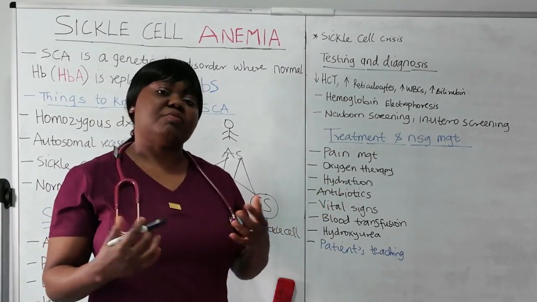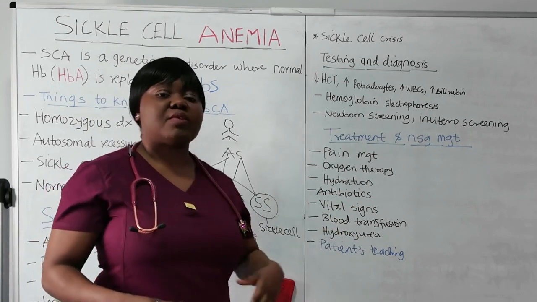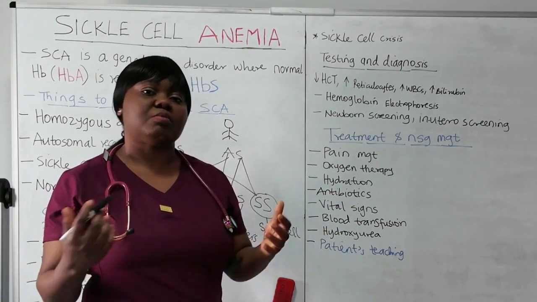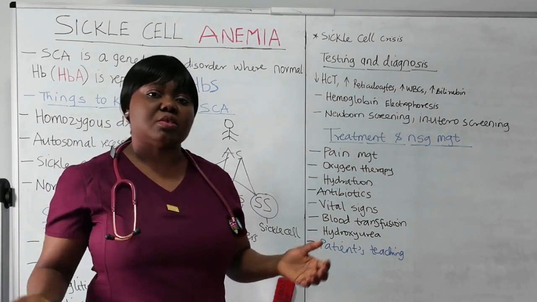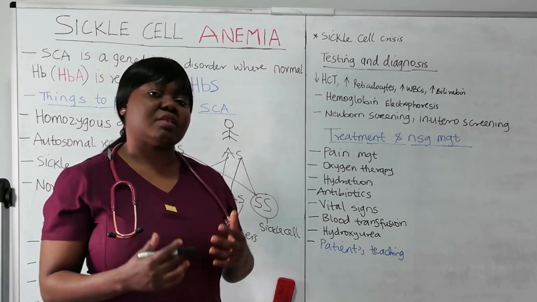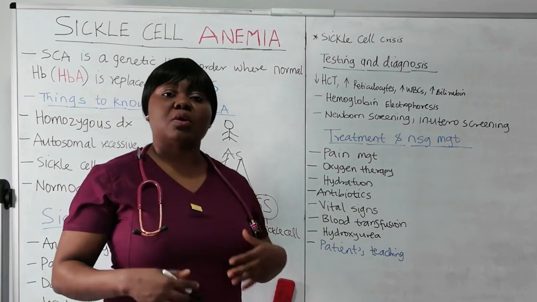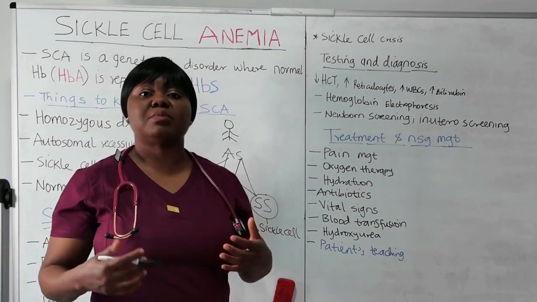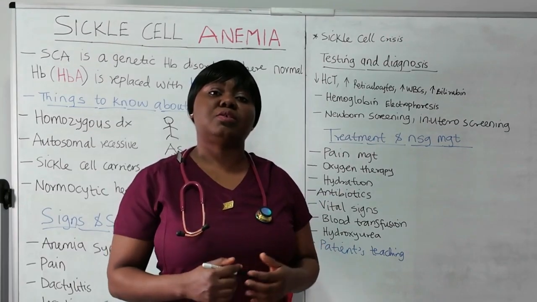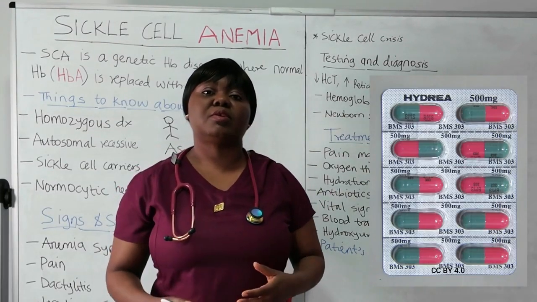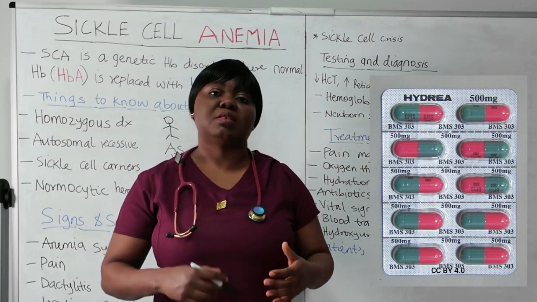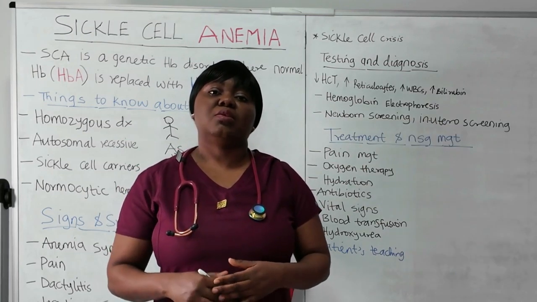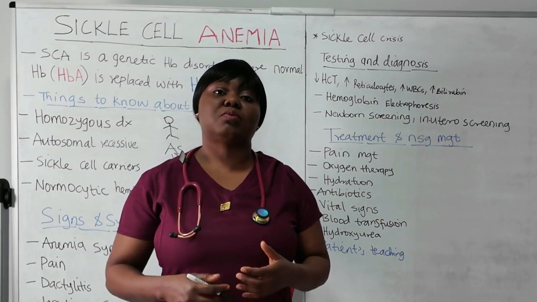If there's infection, you can give prescribed antibiotics. Vital signs are very important. You have to monitor the vital signs, you monitor the respiration, temperature, the oxygen saturation. Just monitor the vital signs generally. And then blood transfusion can be done, especially when the blood level is very low, the hematocrit is very low. Depending on how severe the anemia is, the patient can be transfused. And then we have hydroxyurea. This medication is given to increase fetal hemoglobin, the circulating fetal hemoglobin, and also to reduce complications like vaso-occlusive